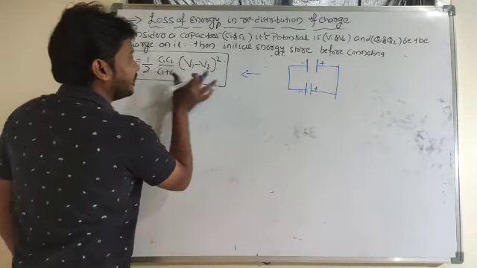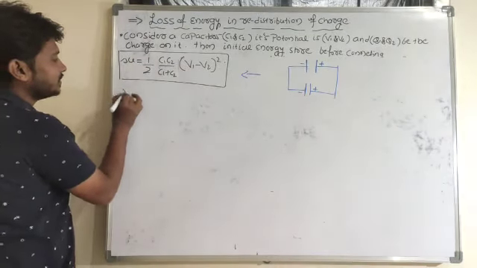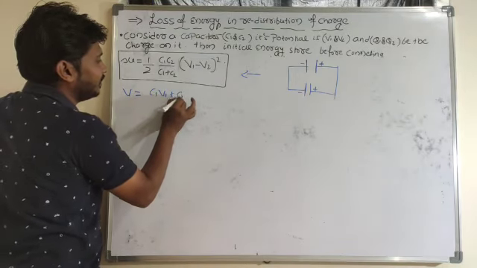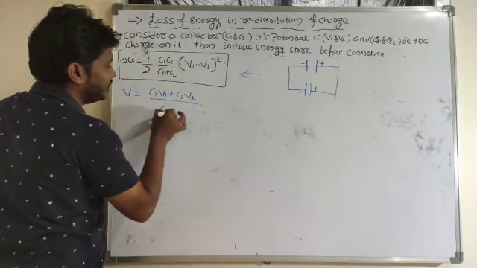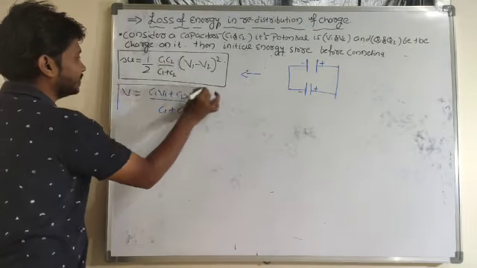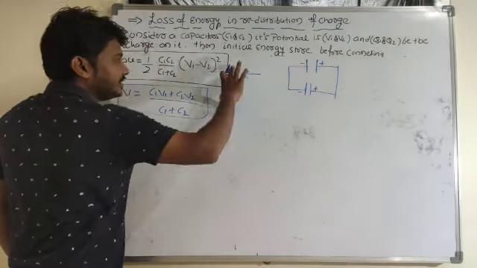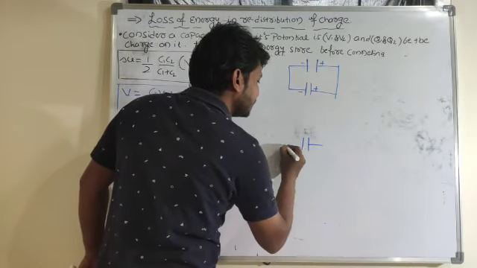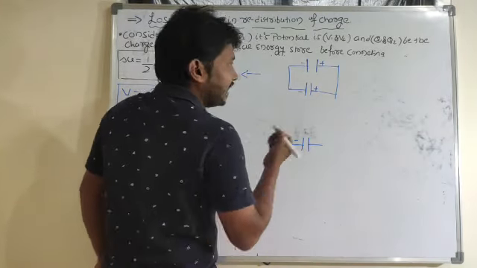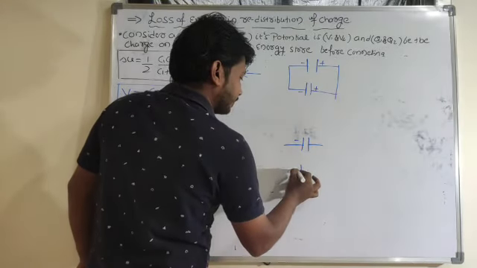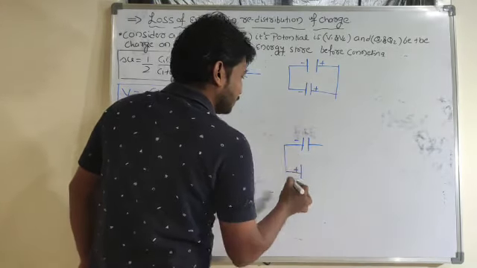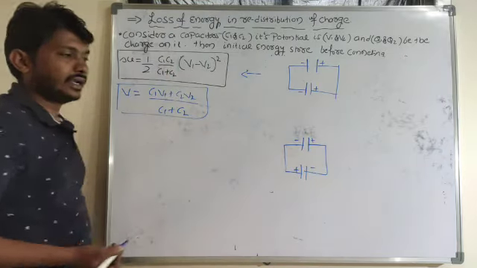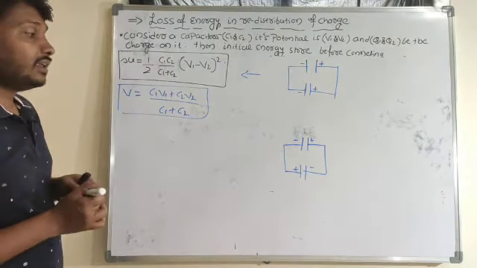Then the equation for energy loss and the equation for common potential, (C1 V1 + C2 V2) divided by (C1 + C2). So in this condition, these two equations I need to use. Suppose you connect the capacitors in another way: the negative plate of the first capacitor is connected to the positive plate of the other capacitor,